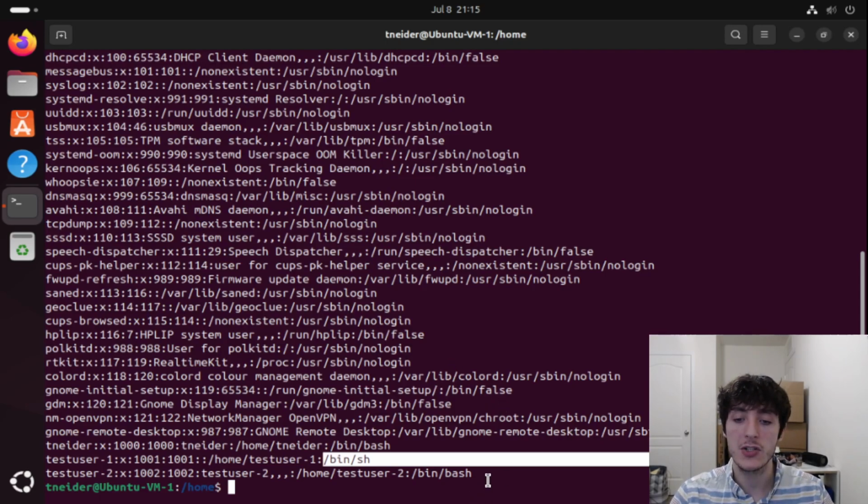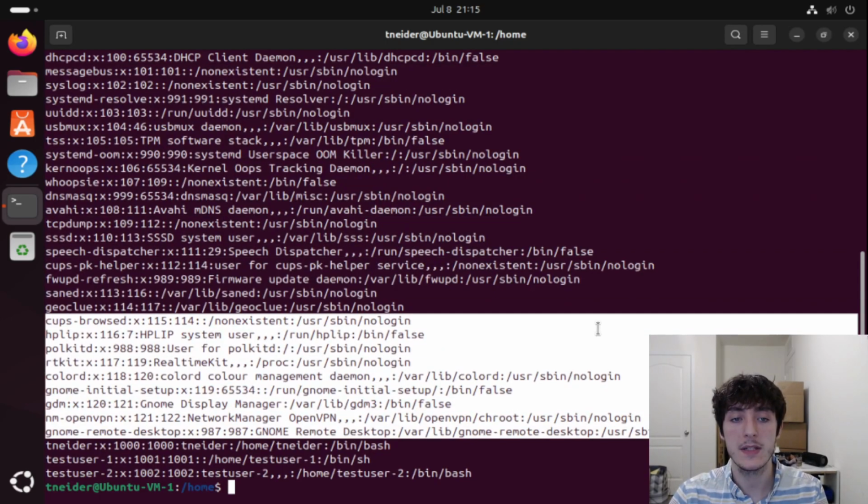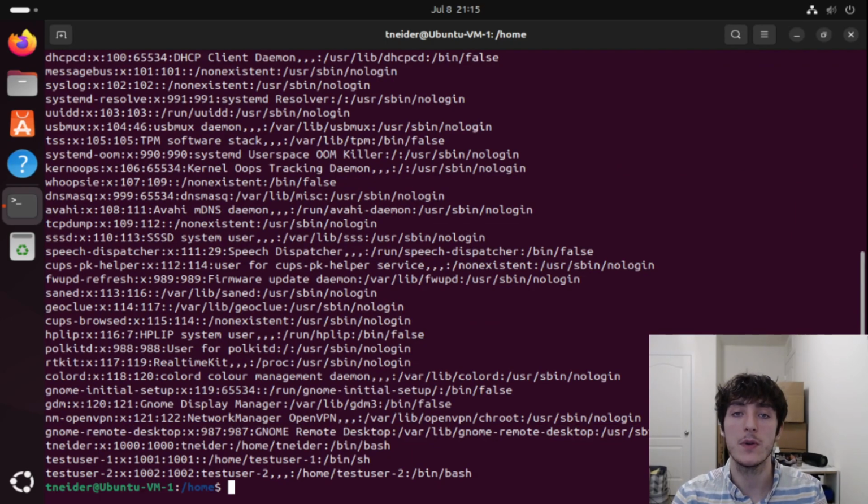Now, this is how we can check what users are on our machine. If you notice, there's a bunch of other results. Something I mentioned before in this episode is that users are actually services as well in some cases. Typically, these users are the services, and they're assigned permissions, and they're given automated tasks that they run